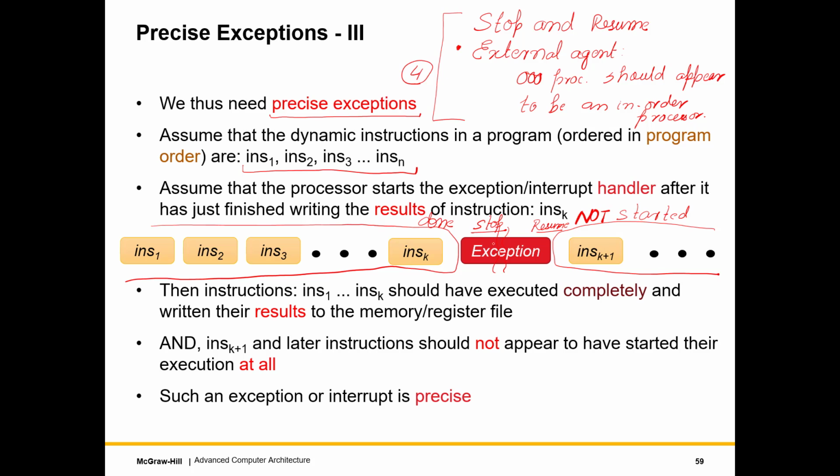For a seamless stop and resume, you will agree with me that the first k instructions have to be fully done, and all the instructions after it should not even have started. So this notion is known as a precise exception, and almost all out of order processors as of today provide the notion of precise exceptions, which essentially means the same things, which are all equivalent, that outsiders see